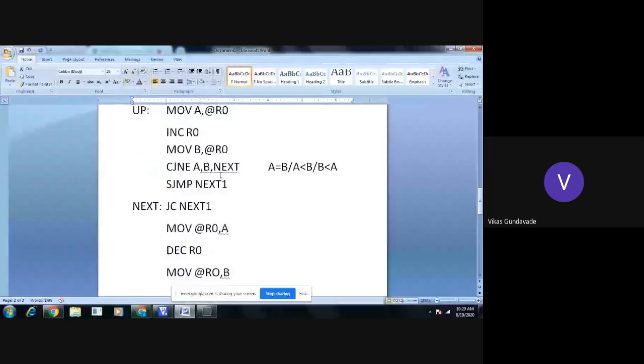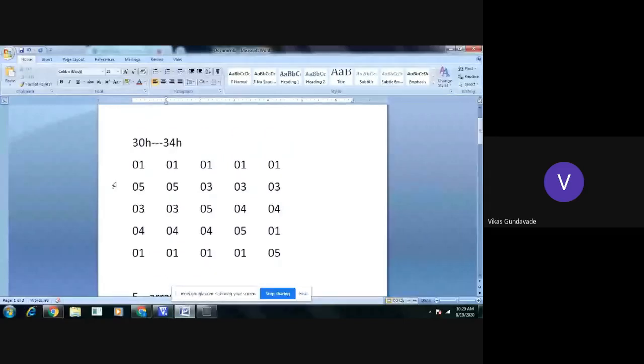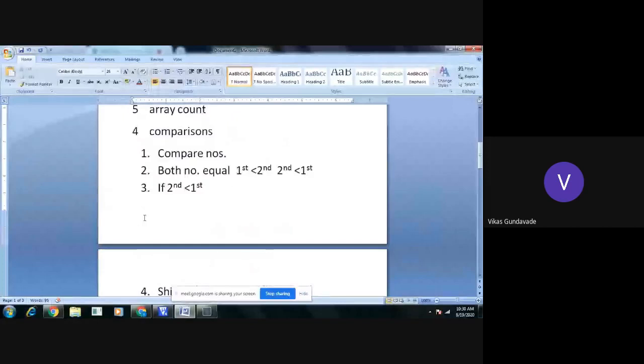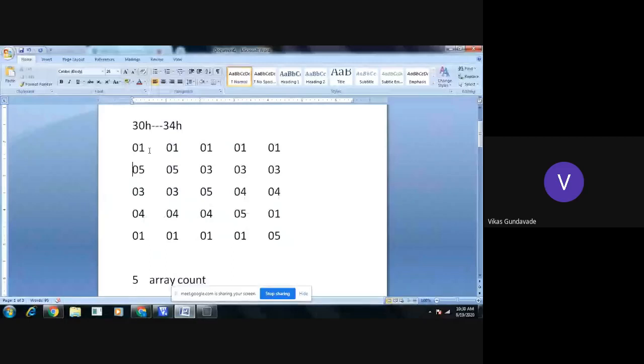Okay. Now, when the first comparison is over, or when the counter becomes 0, what will happen? First, these two numbers will get compared, then these two numbers will get compared, then these two numbers are getting compared. Okay. So here the first comparison is over, but finally we are not getting the ascending order. So again we need to initiate the comparison count with 4, and again we need to move further. We need to repeat the process unless and until all the numbers are checked or compared. Okay. So after that what will happen? Again these two numbers are getting checked, then these two numbers, then these two numbers, and so on.